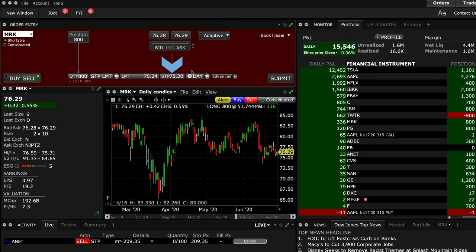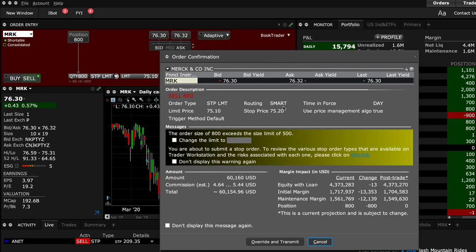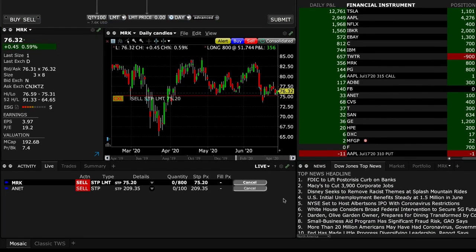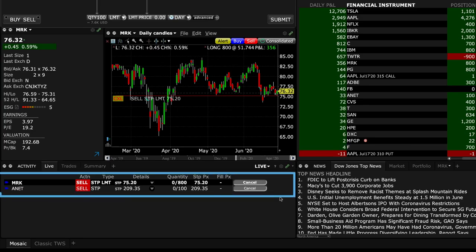However, rather than becoming a market order, you may enter a limit price below which the order will not execute. In the limit field, enter this value. Remember to change the time in force selection if necessary. Once I review the details and am satisfied, I'll go ahead and submit this order. TWS will follow with an order confirmation, and I'll ensure that all the details of my order are as they should be, and if they are, I'll transmit it. Just like we saw with the stop order, you will see this stop limit order appear in the activity panel